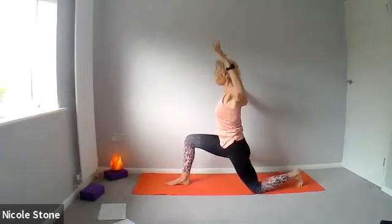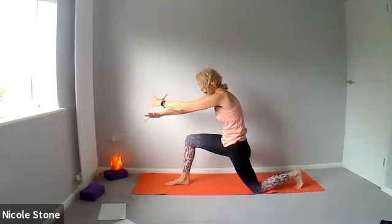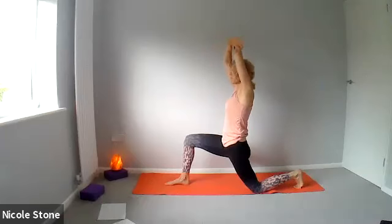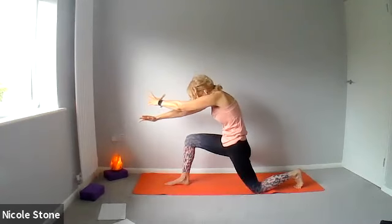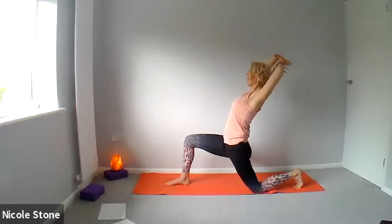Now sweep the arms forward in front of you and we're going to round through the upper back. And we're going to bring the arms back overhead. We've done this once before, I think. And then sweep the arms forwards, rounding through the upper back. So you're crossing one arm over the other, and then circling these arms back overhead, bringing them forward again, circle them back,